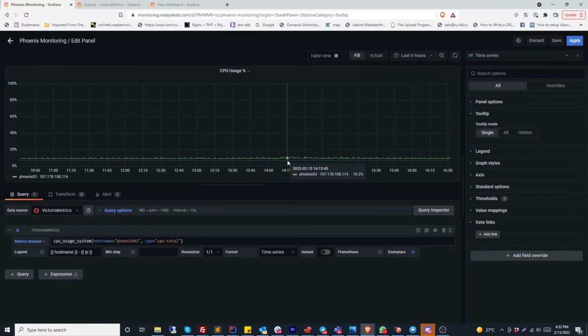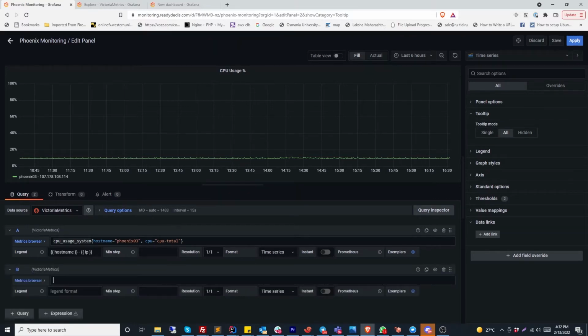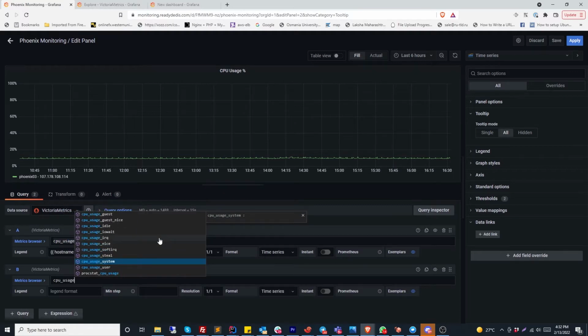If you want to see the tooltip for all the servers, then it is going to be difficult. But for that, you can just say all. Go to the tooltip option, click all, and let me show you how you can make use of it. So your CPU usage system